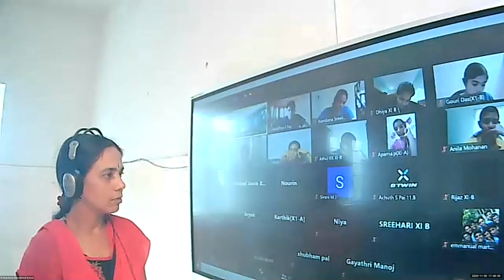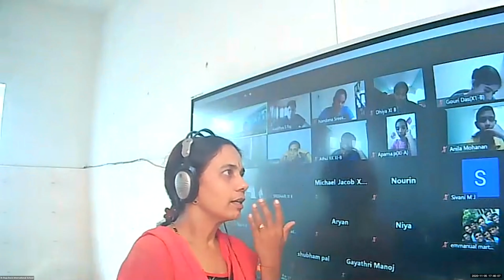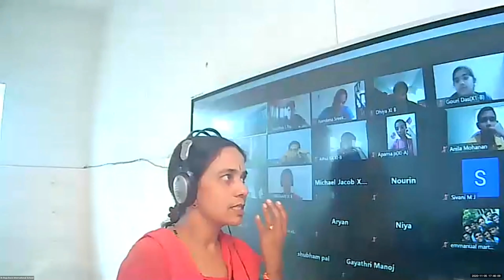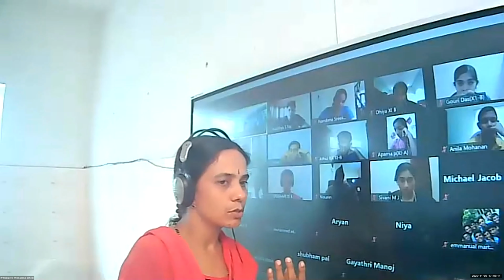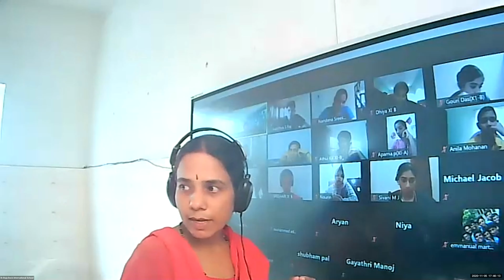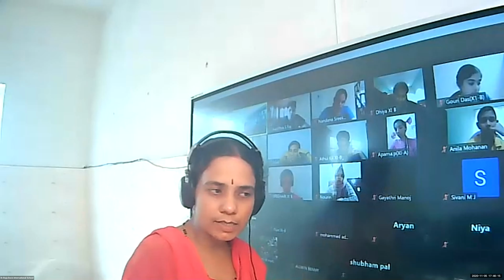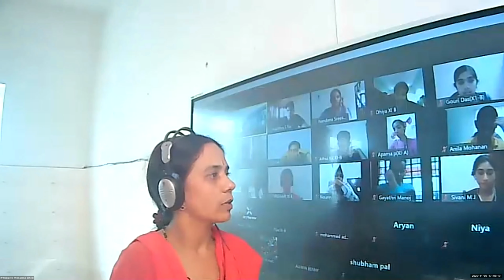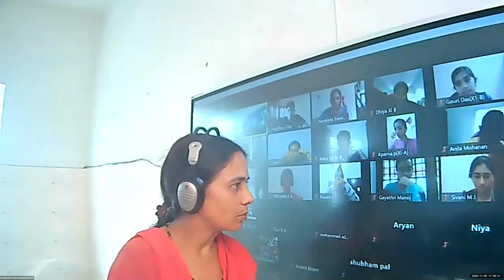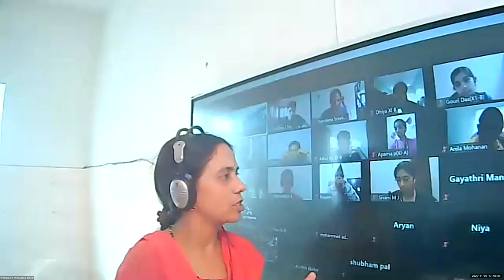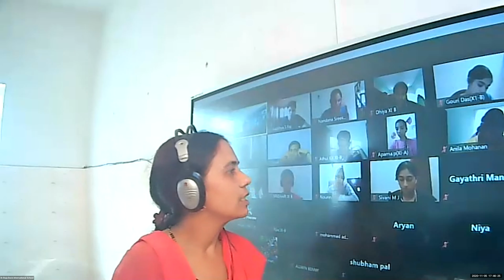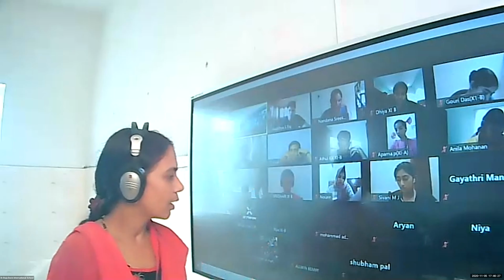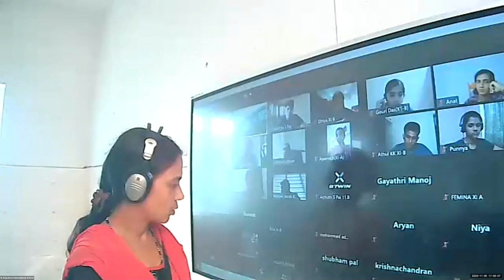Here the equation is not in the general form. What is the general form we used to take? x minus h the whole square plus y minus k the whole square is equal to r square. That's the general form. So we should transform this equation and write it in the general form. So how are we going to do it? Write the next one, children.